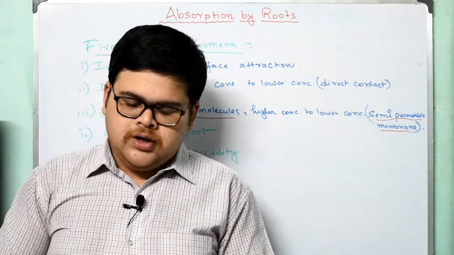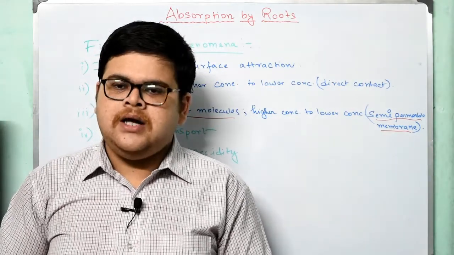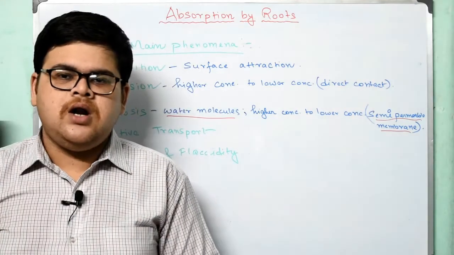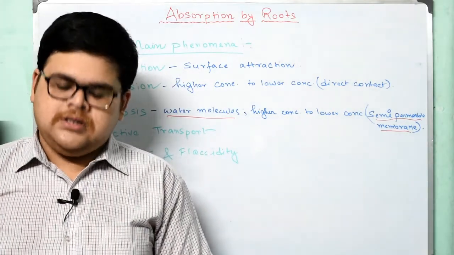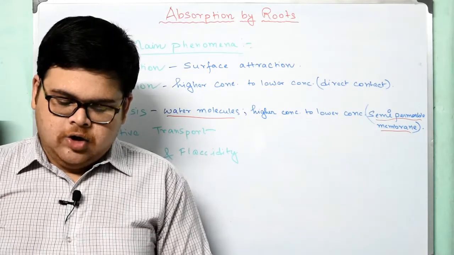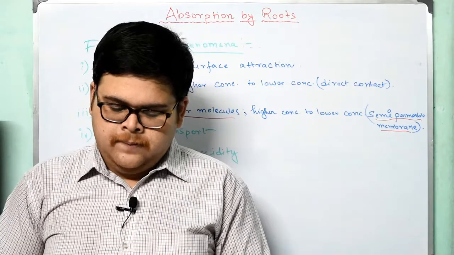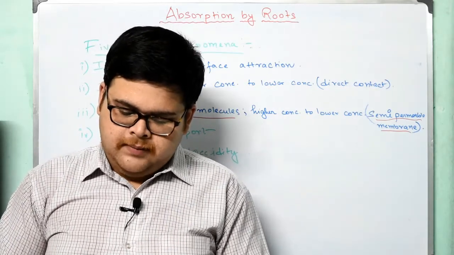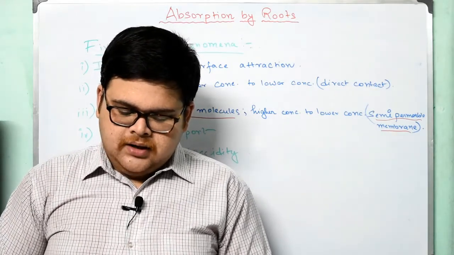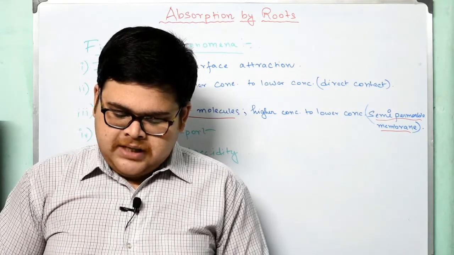Okay, so we'll be going to how long can osmosis continue. This is very important, just like the question I asked you all, how long can cell division continue? Same here, how long can osmosis continue? Theoretically, osmosis should continue until the concentration of water molecules becomes equal, that is isotonic, on both sides of the membrane. In the experiment shown in figure 4.4, the column of sugar solution in the thistle funnel keeps rising upward